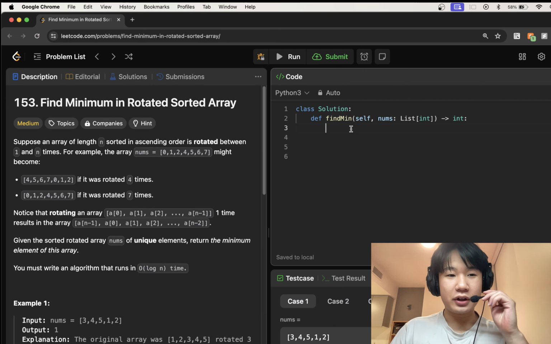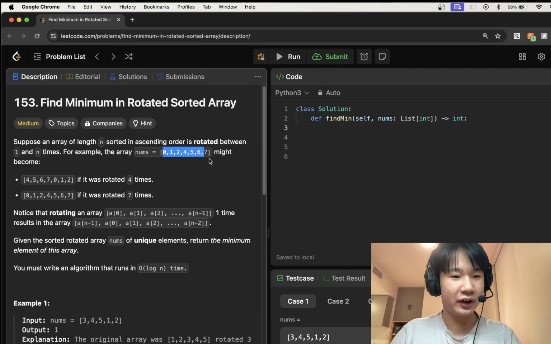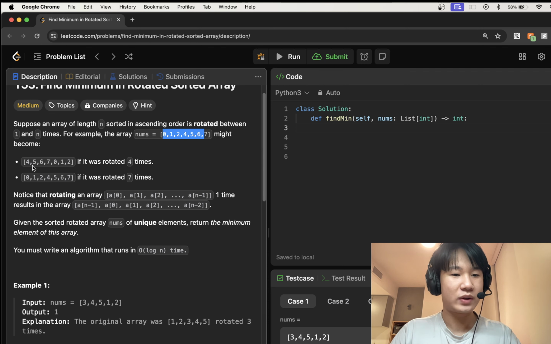Hello and welcome to today's video, 153, find minimum in rotated sorted array. So you're given an array of length n sorted in ascending order and it's rotated between 1 and n times. For example, you have the array nums of 0 to 7 and it can become 4, 5, 6,